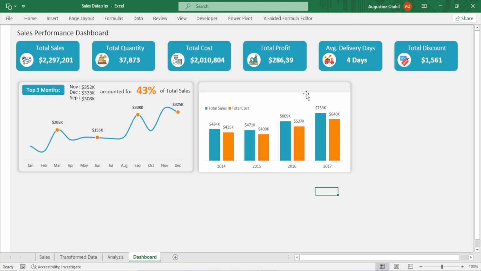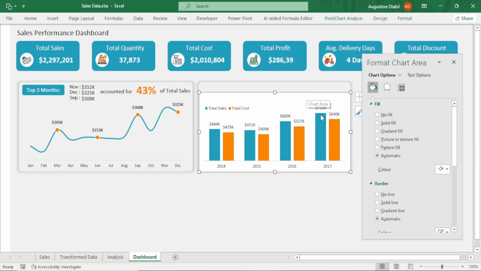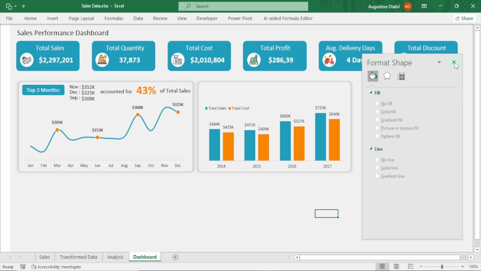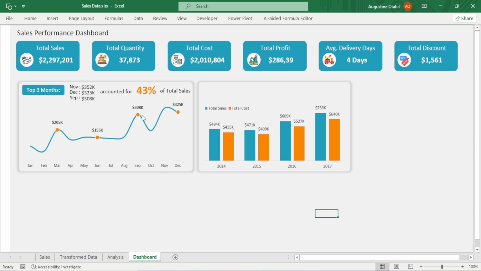So now select the chart, control one. Let's remove the line. Let's remove the background. So this is how our chart is looking like. Now let's bring some title so that when someone lands over our dashboard, he or she will know that okay, this chart represents the total sales and then the cost by what? By the year. So what we can do is duplicate this one,